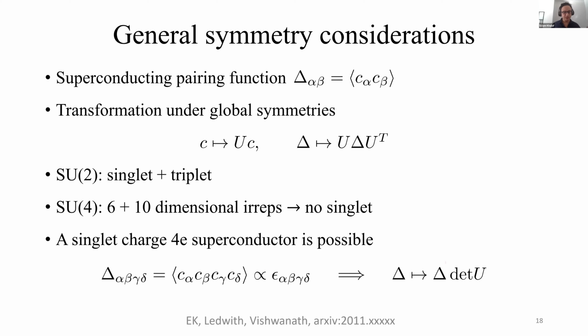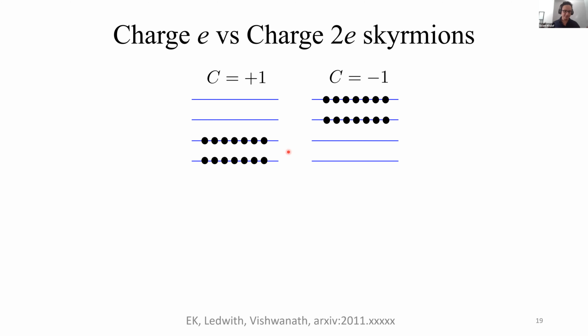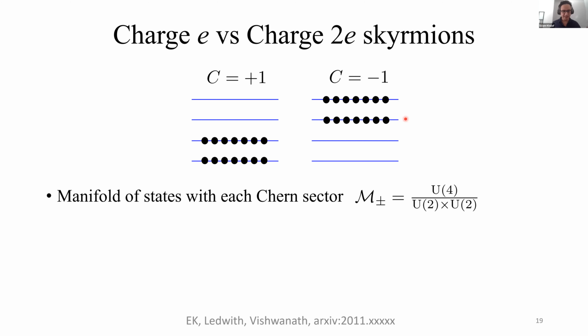So how can I understand these two possibilities from this Skyrmion picture? In this n equals 4 case, we have 2 Chern sectors where we fill 2 out of 4 bands in each sector. First, just to establish that Skyrmions are possible in this system, this manifold is a Grassmannian manifold, U(4)/(U(2)×U(2)), which means that the second homotopy group is Z, and this is what tells us that it can admit Skyrmion textures.